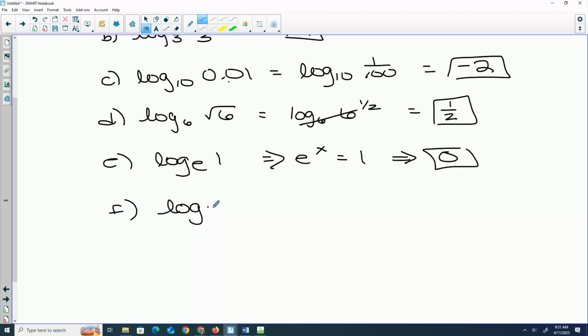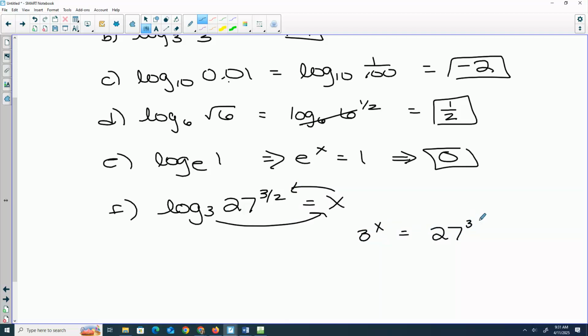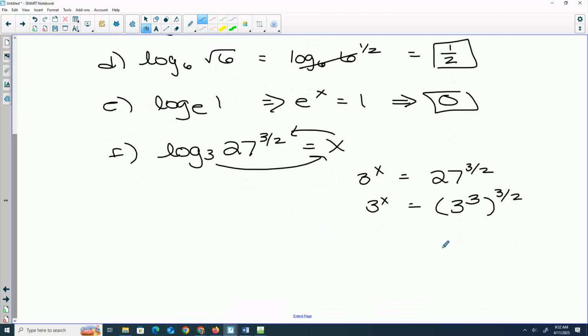So this one, let's go ahead and just work it out as an equation. So if I set that equal to x, it means 3 to the x equals 27 to the 3/2. So this would have been the question on our last test. We would get a common base. 27 is 3 to the 3rd power. We know a power to a power we multiply. So that would be 9/2. So then f